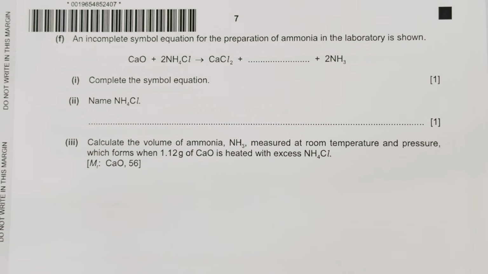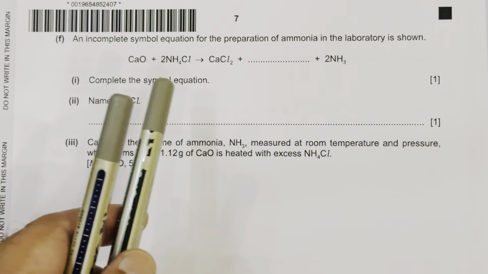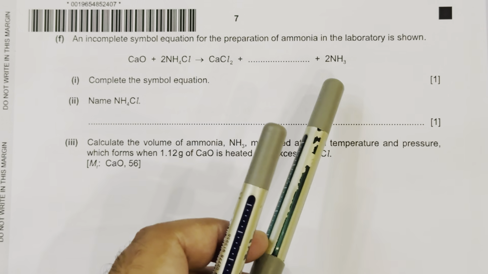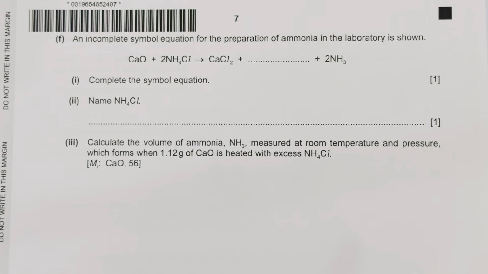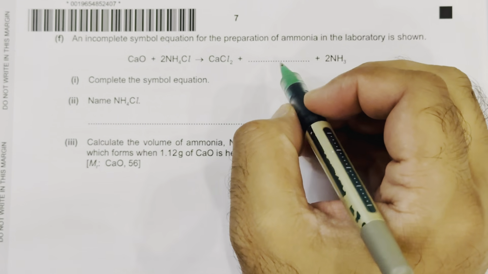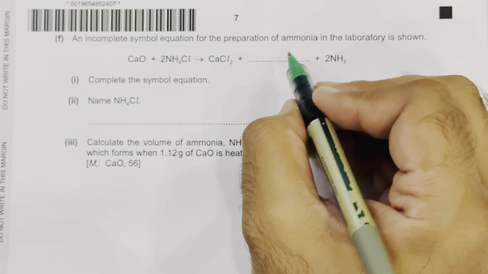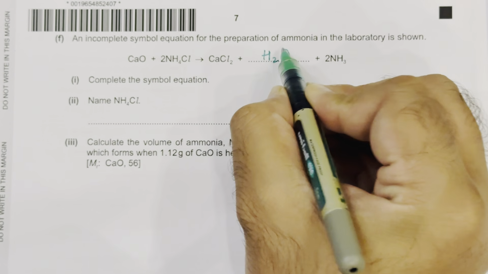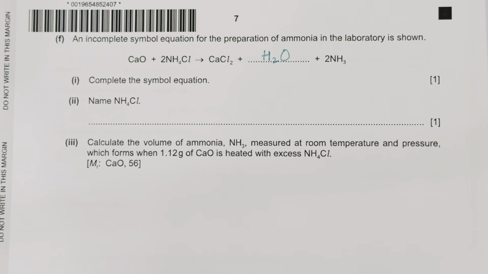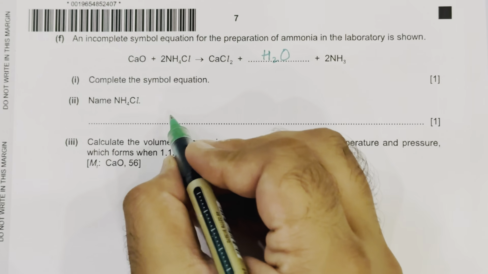Moving to its F part. An incomplete symbol equation for the preparation of ammonia in the laboratory is shown. Calcium oxide CaO plus ammonium chloride 2NH4Cl gives you CaCl2 plus 2NH3. And over here we know that what is missing is water. So you're going to write H2O to complete this reaction. Complete the symbol equation. So we have just completed that. Name NH4Cl. We know that its name is ammonium chloride. So you're going to write